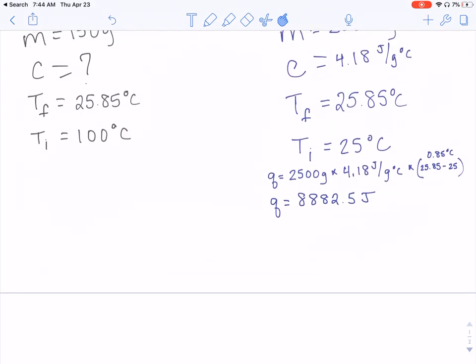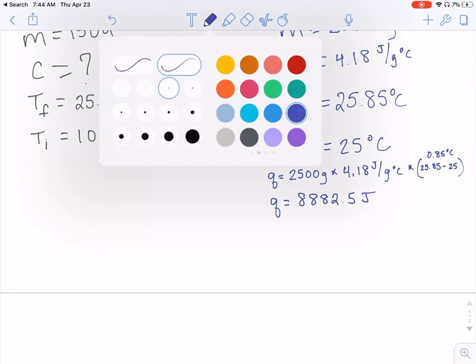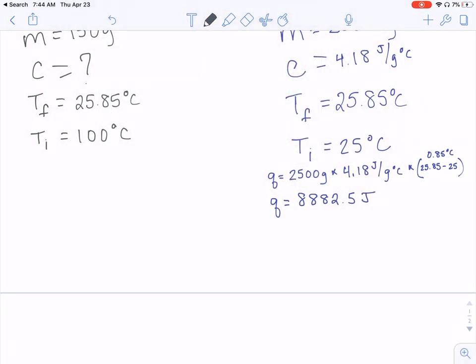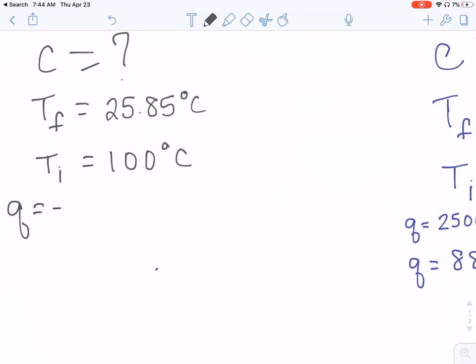All right, so now we found the amount of heat for our water. In a thermal equilibrium problem, whenever you're doing these calorimetry problems, whatever heat you get for the water is the same amount of heat that you have for the metal. The sign just changes. So this amount of heat flowed from the metal to the water, and so our Q for our metal is exactly the same. We just change the sign. So now this is negative